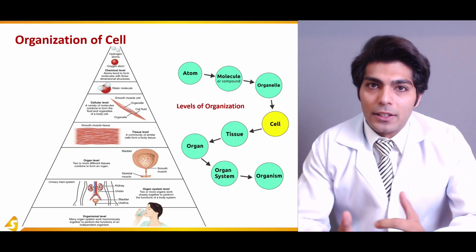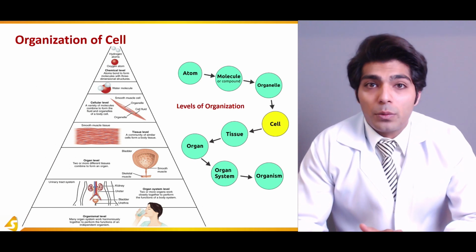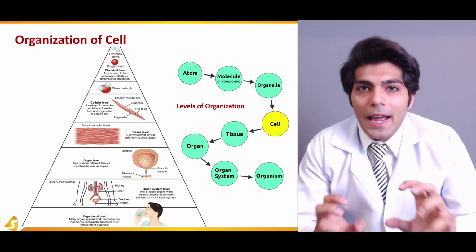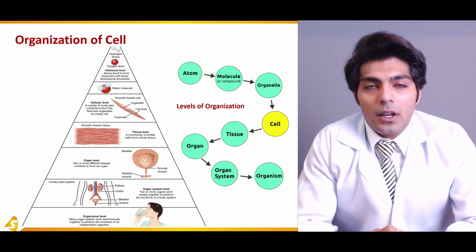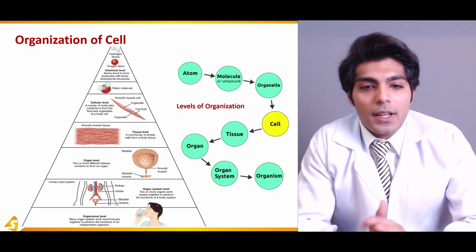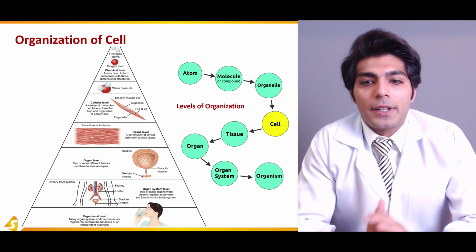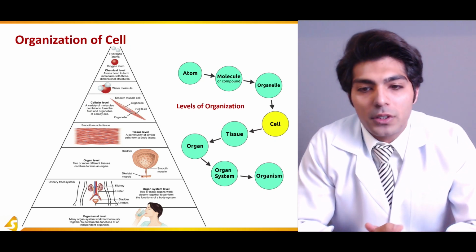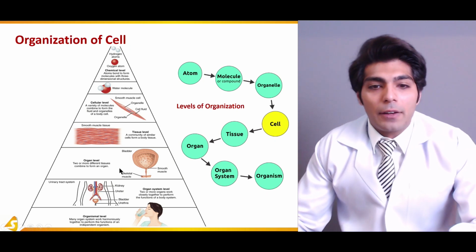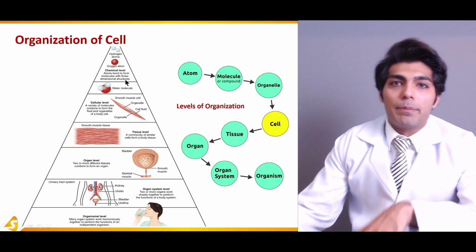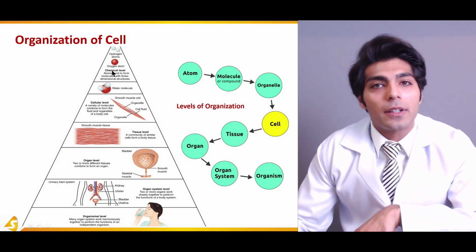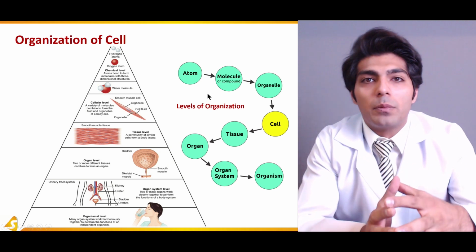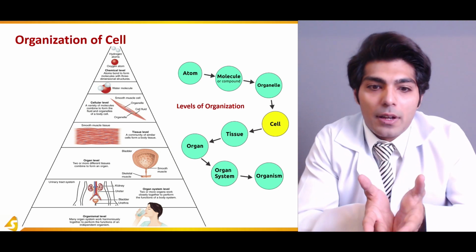So how does the organization of the cell come into being? First are hydrogen atoms or oxygen atoms. The atom is the smallest constituent of life, and atoms combine to form molecules or compounds. For example, if a hydrogen atom combines with an oxygen atom, we get the water molecule, and molecules combine to form organelles, like for example